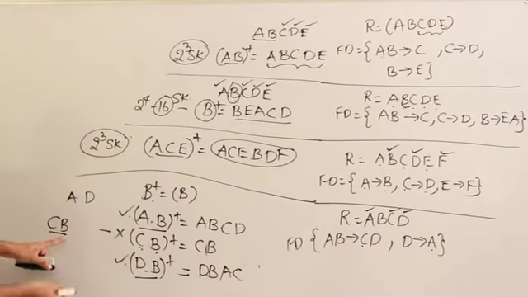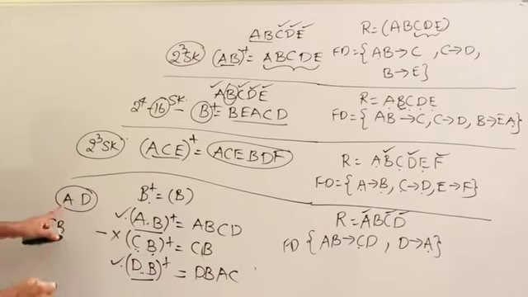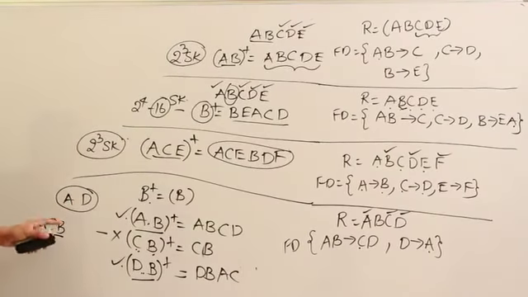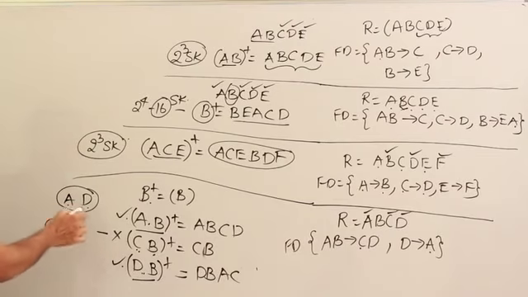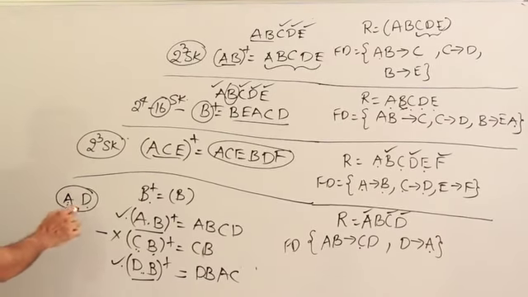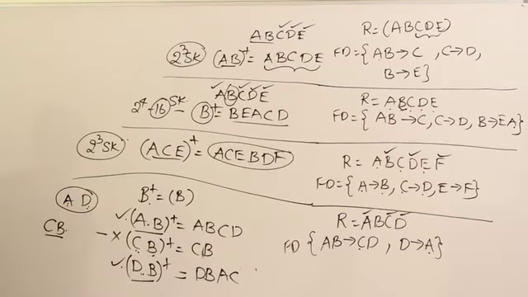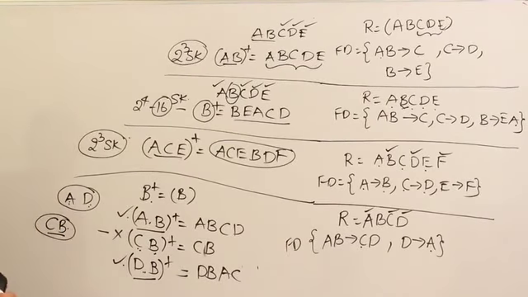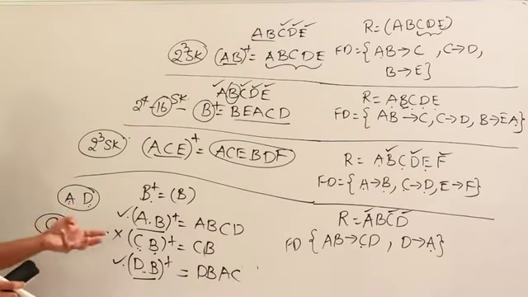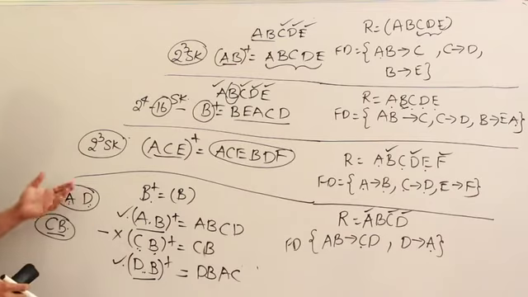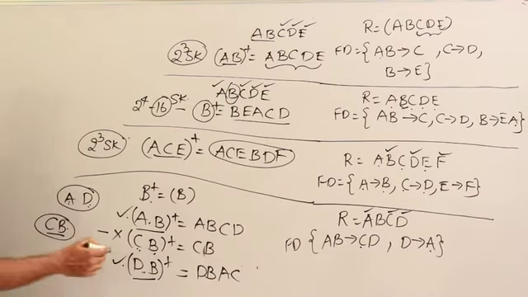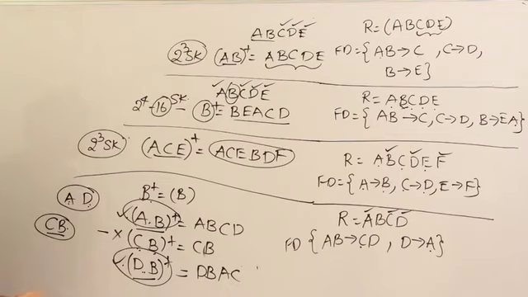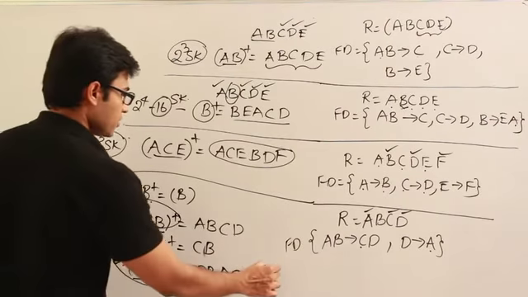Now when I have taken this, the remaining attributes are only A and D. So if I add either A or D, it will become a super key, because A with B it will become a candidate key, and D with B will become a candidate key. Therefore I cannot go to the third level. I cannot get any key with 3 attributes which will be a candidate key. In case I get it, that will be a super key, right? Therefore only 2 candidate keys are possible. Got it? So only 2 candidate keys are possible.